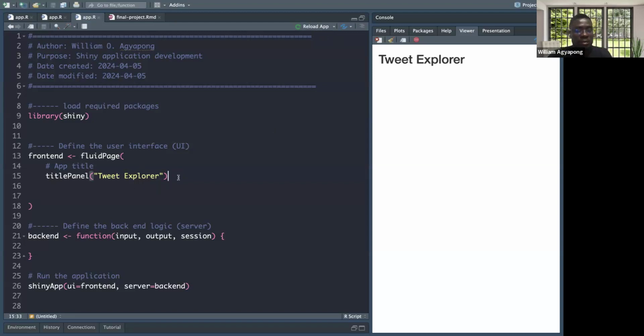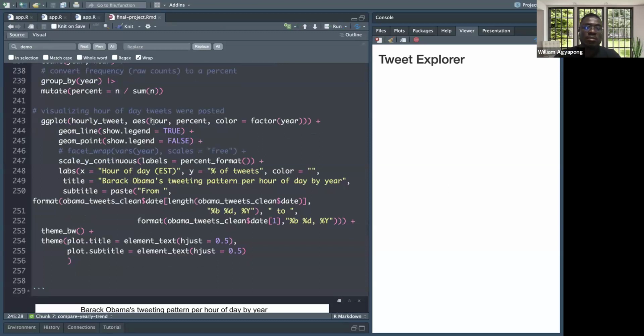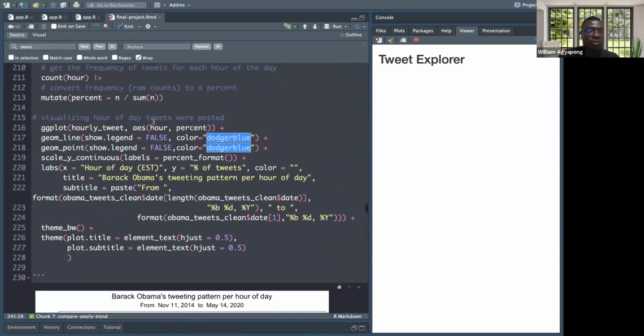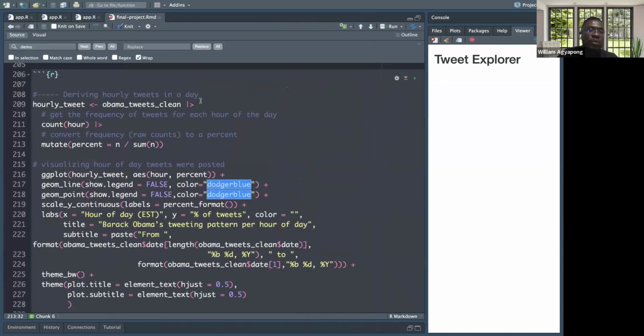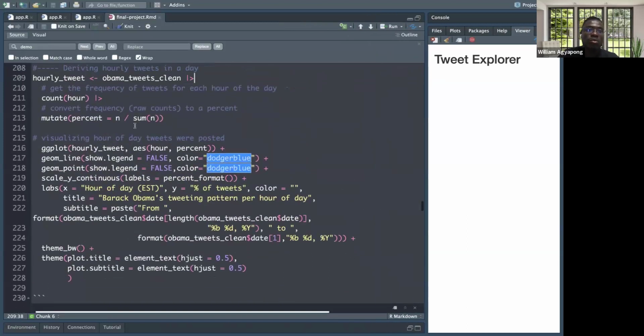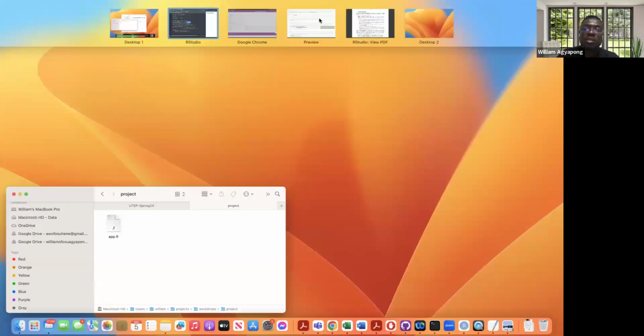Now, what is the next thing? Another important thing I want you to learn from this last few minutes we have is that this Shiny app is not anything different from what you have been doing before. So the idea is that you already have your code, your analysis. And today, this project was to give you that experience. We are lucky, I went through to develop the project. So if you have this file, if you followed the